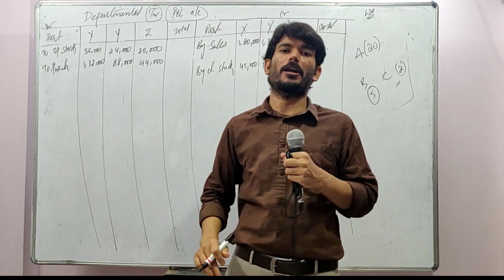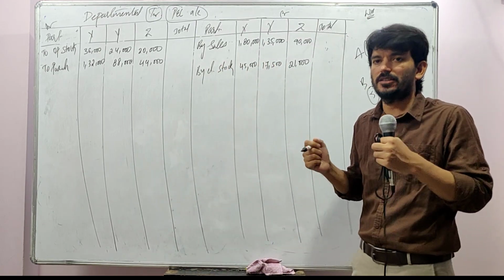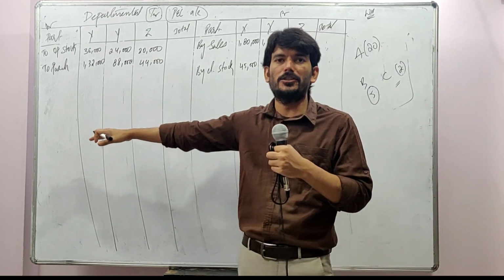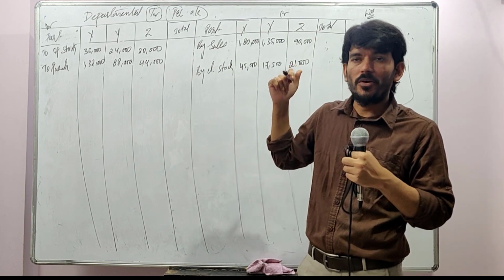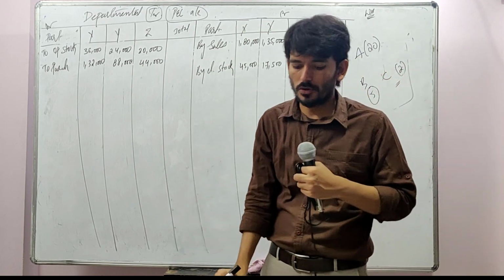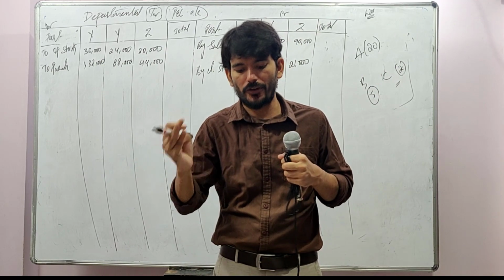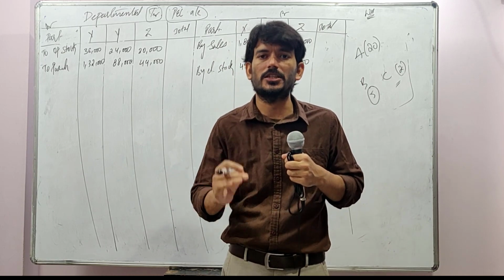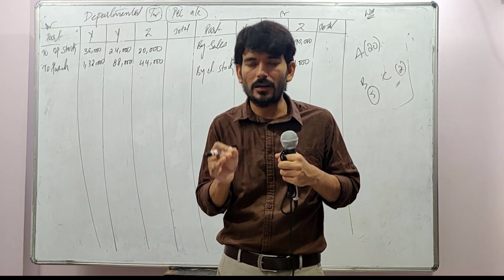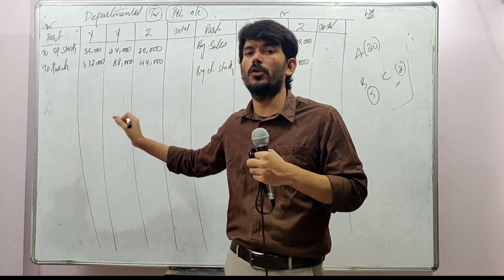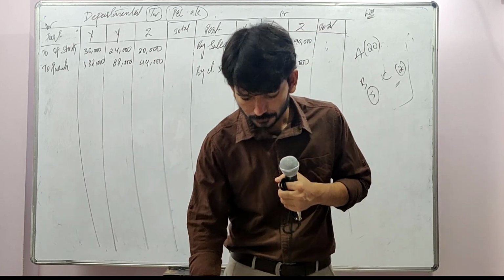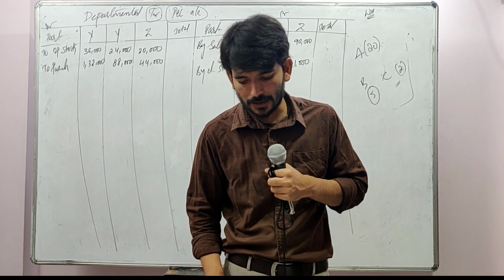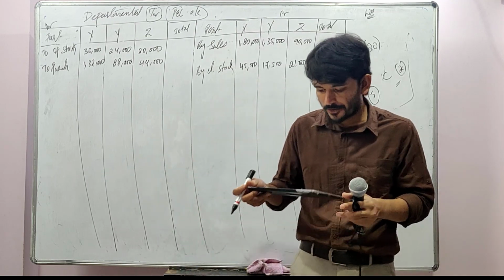Electricity consumed by each department. One department is having more assets, another department is having lesser assets, which is consuming your energy. So if there is any expenditure depending upon your power related things, you provide in this ratio. So the information that they are giving for value of furniture, space, employees in each department, electricity consumed, all this is just to tell you that you take the ratio for that and use it somewhere. I don't know where yet. Depending upon the question, we will use it. Balance of other revenue items in the books for the year are given below, and they are giving some more information as well.